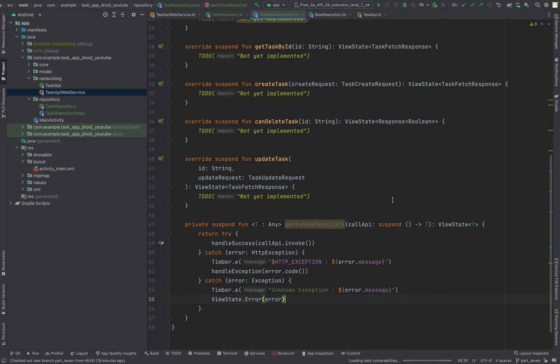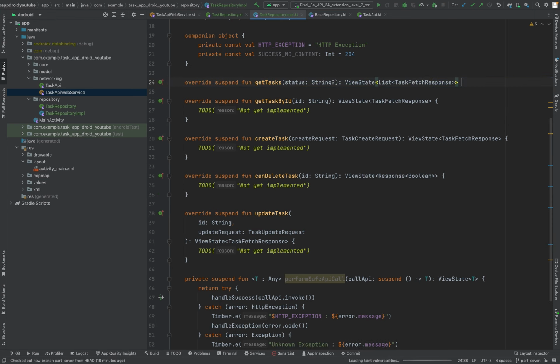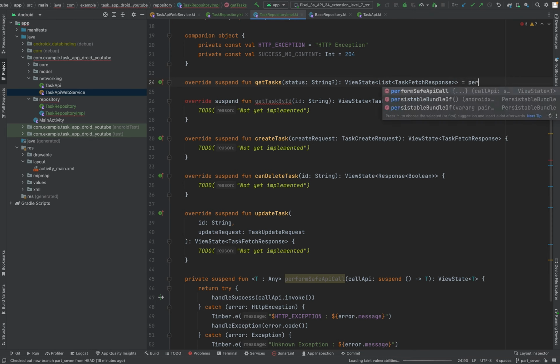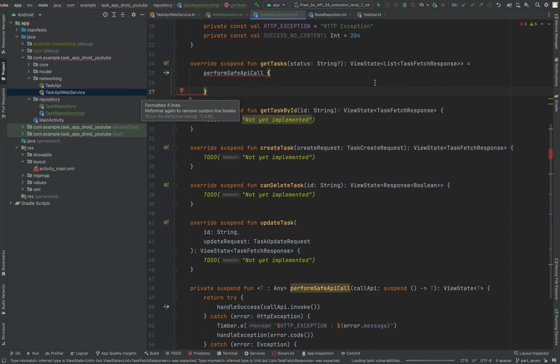Okay, now we have our base method, our wrapper method, I would call it that way, set up, and now we can start using it. So basically what we can do is now remove all of this, say equals performSaveApiCall. Yeah, performSaveApiCall. God damn it. Okay, performSaveApiCall, and now we can say, well, task status